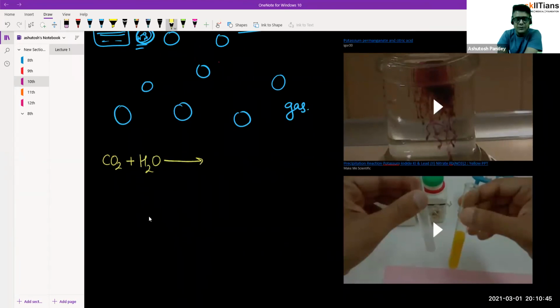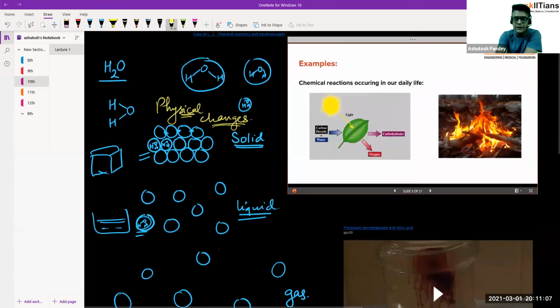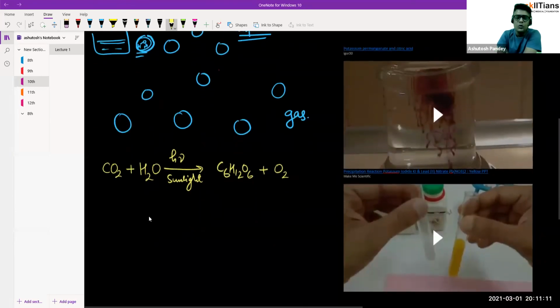I don't know whether you know photosynthesis or not. I think everyone must know. Anyway, CO2 plus H2O in the presence of sunlight, and then we'll get some complex compound, let's say C6H12O6 plus O2. Here we can say carbohydrates plus oxygen. This glucose is also a carbohydrate, so we can say carbohydrate